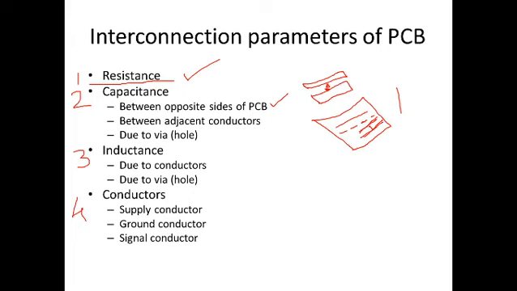Okay, so we have seen that different parasitic interconnection parameters are present there. Resistance. Resistance is nothing but the copper tracks have a finite resistivity, and because of that the resistive effect is present there. R is equal to rho L by A. By this formula we can find out the resistance. So it is proportional to the length of the track. Minimize the track length. Then due to temperature differences in electronic equipment, there will be a significantly increased conductor resistance. Okay, then capacitance.